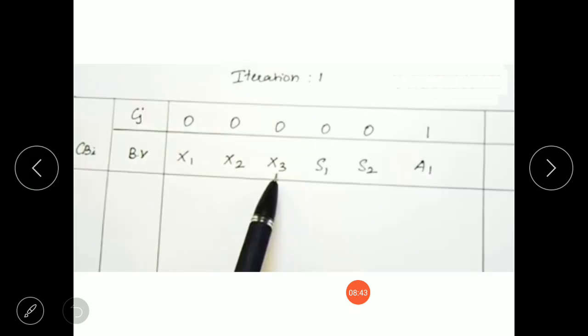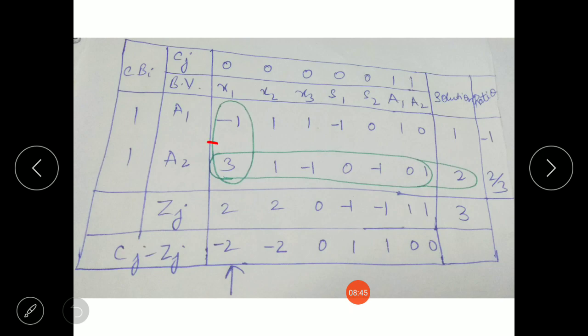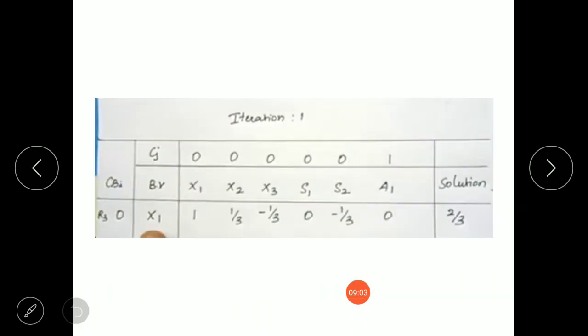You can see from the initial simplex table, the old values are minus 1, 1, 1, minus 1, 0, 1, and the solution is 1. We are not going to consider A2 in iteration table 1, as I have told you why. So these are the old values for the A1 row.